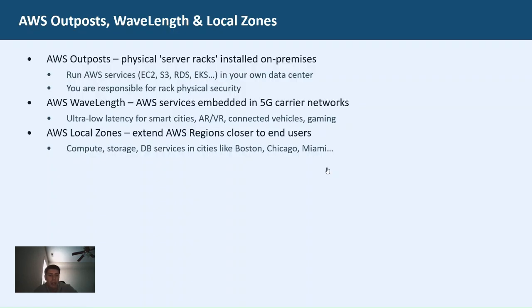Finally, we have Local Zones. These are extensions of AWS regions placed closer to the end users in specific cities. For example, the US East 1 region has Local Zones in Boston,